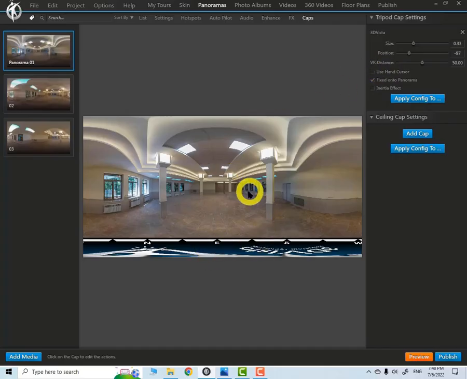Should the cursor change to a hand icon when the mouse hovers over it or not? By checking this option it becomes active, and by unchecking it, it becomes inactive. Fixed to panorama. Should it be fixed within the panorama, or should it actually be separate from the panorama? By enabling this, we can allow it to either be fixed within the panorama or be separate from it, and